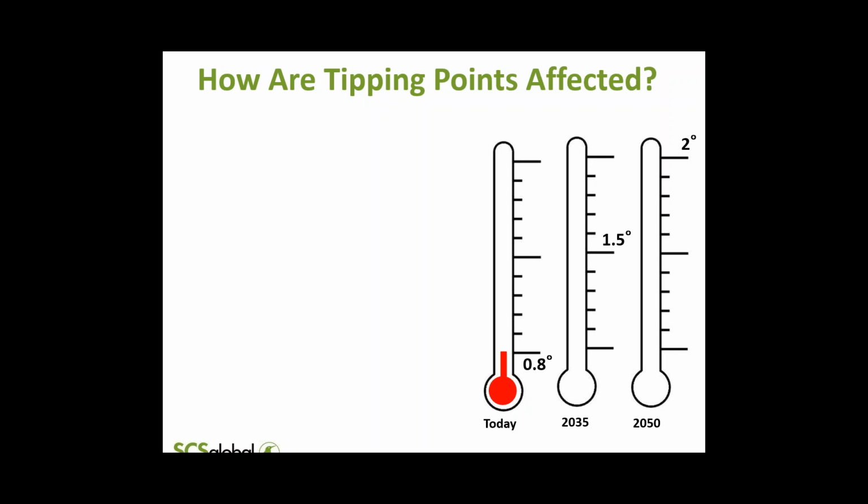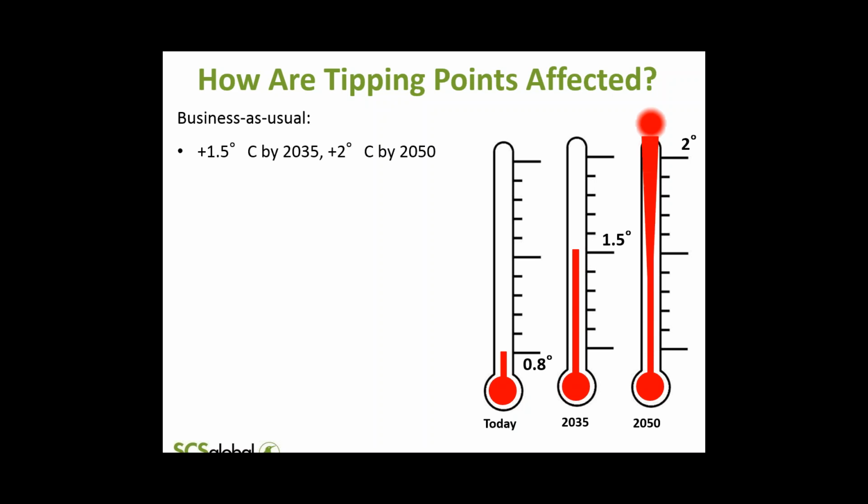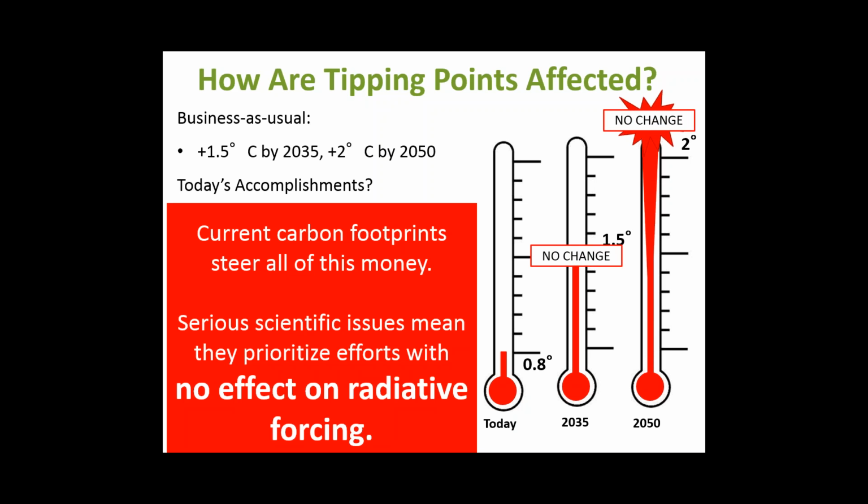And you might also ask, well, how are the tipping points being affected? How is this $350 billion actually affecting climate change going forward? So these three figures depict the global mean temperature today, and projected out to 2035 and 2050. You'll recall under business as usual, we'll pass this 1.5 degrees Celsius tipping point by 2035 and 2 degrees by 2050. Now, what has this expenditure accomplished? Because of this just minor achievement in reducing radiative forcing, there'll be no change in the time that either of these tipping points are passed.